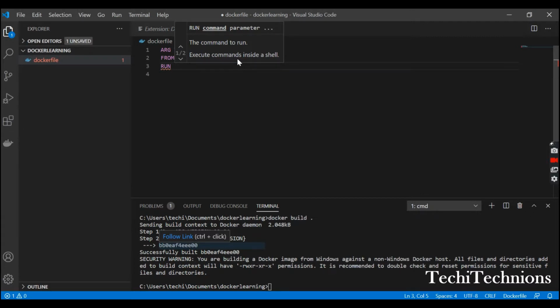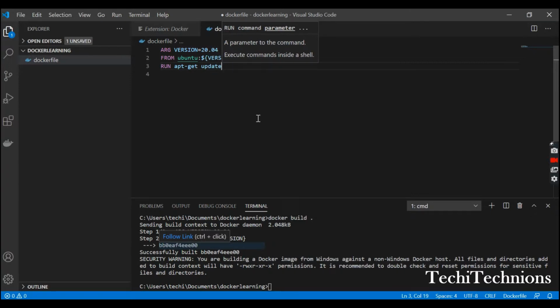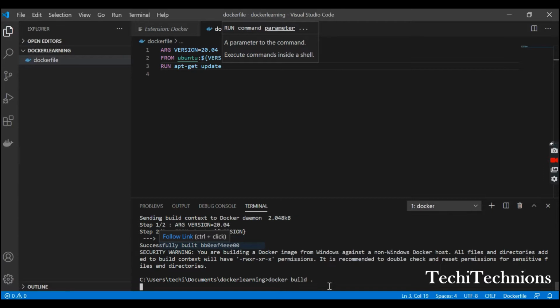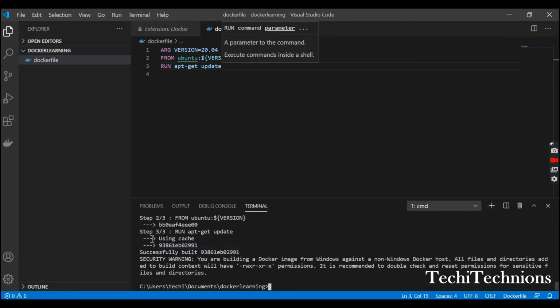Like when you have a Linux container and you want to give an apt-get update kind of command, then you go inside the container and then give it. So those types of commands I will be writing here, or if I want to install anything. So it will be very simple: apt-get update, and you will see it going through the update. It will be shown in the Docker build steps. What we see is, because I think it used the cache, that's why it was updated immediately.